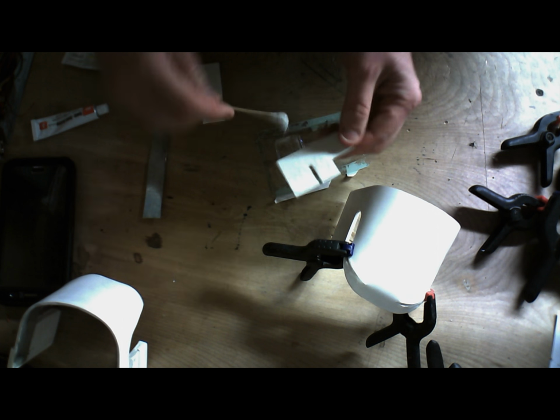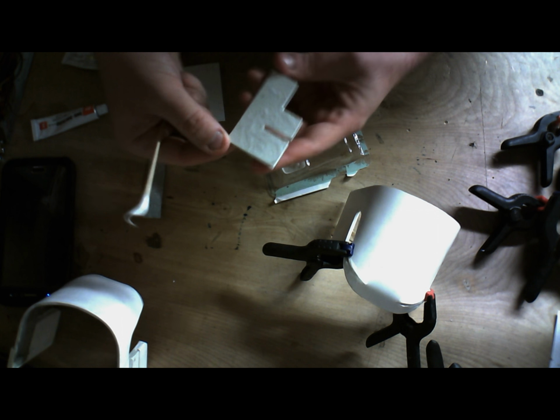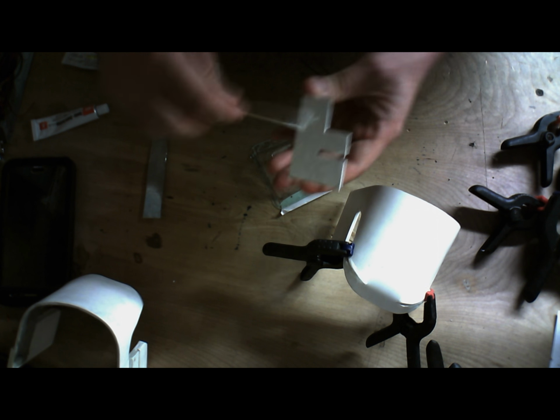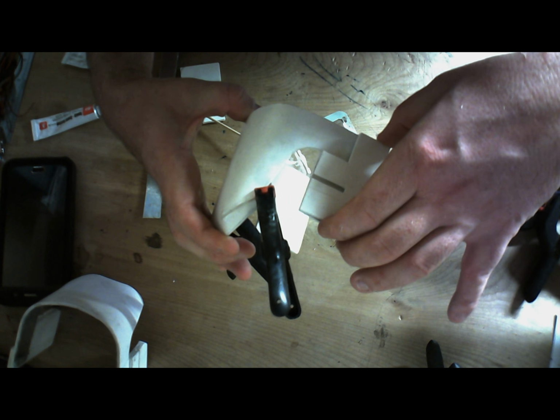And then what I'm doing here is I'm just putting the epoxy on the inside of the panel piece first. And you can probably see that some of that cotton is coming off in there, and that's good. That's what we want to see. And then it's pretty simple. We just stick it on here,